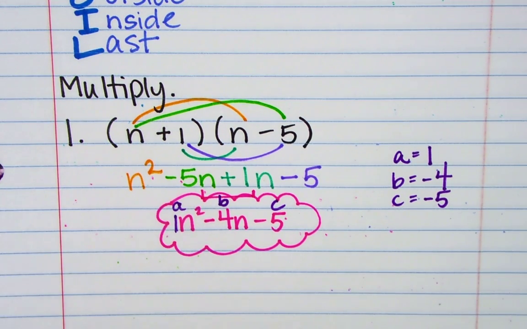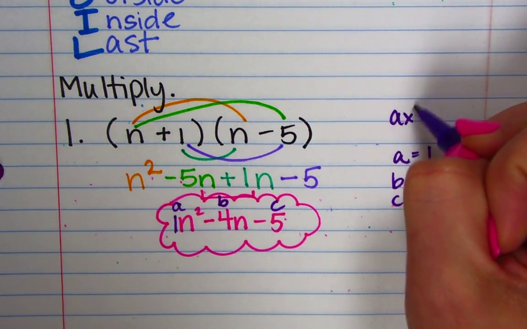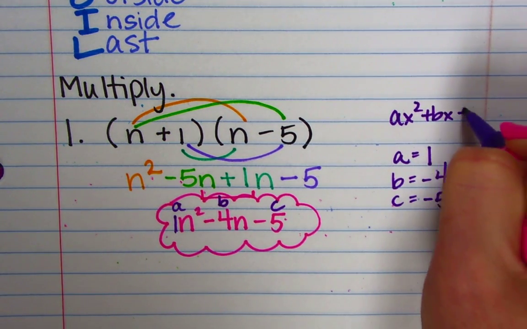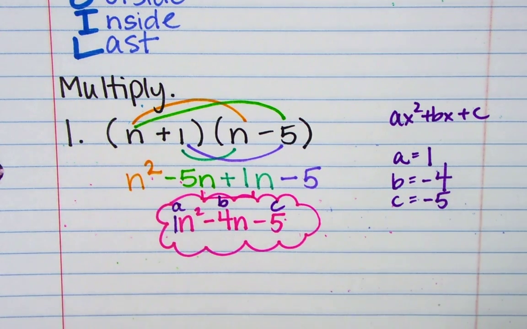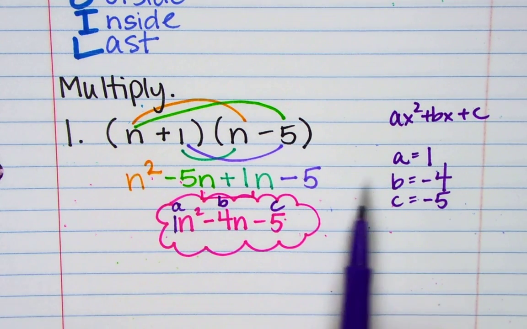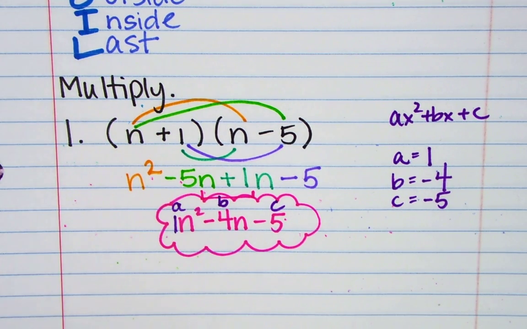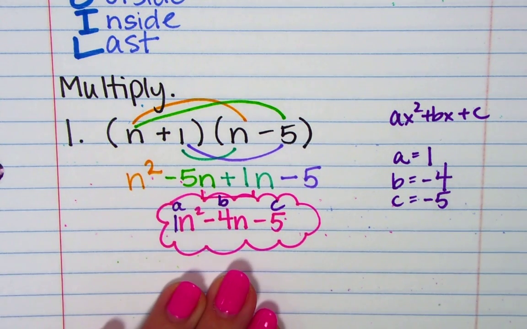So this will be ax squared plus bx plus c. That's the basic form of a trinomial, a quadratic. I'm going to write that up here. We're not going to use a, b, and c today, but I just want y'all to identify it so you know how to do it whenever we use it in future classes. We're going to do one more thing using this equation. We're going to find the